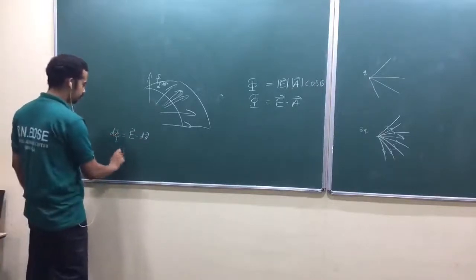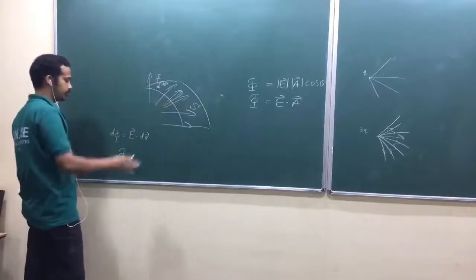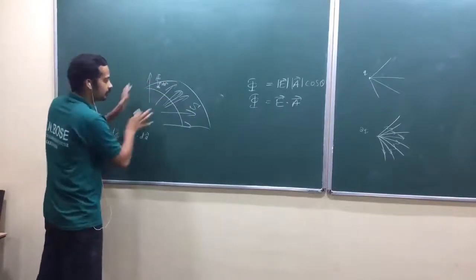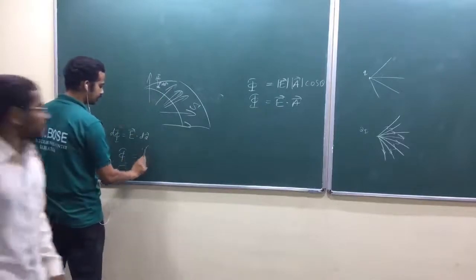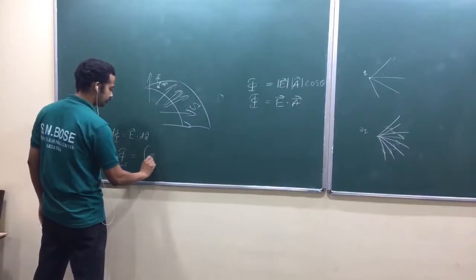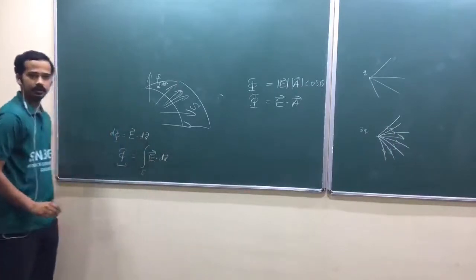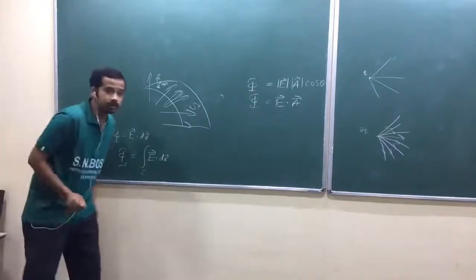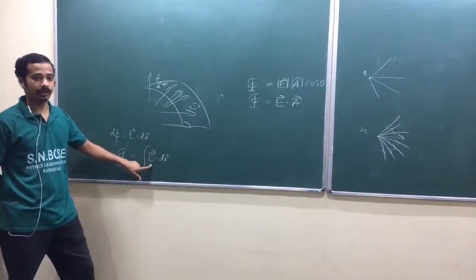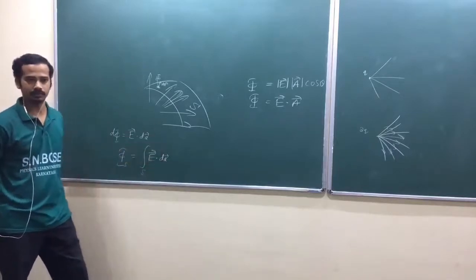So the total flux, over the surface, the flux of field lines passing through the surface, is nothing but the surface integral of E bar dot dA bar. Is that okay? Now throughout the surface, the electric field strength may change, and the angle between the electric field and the dA vector may change. So everything should be taken into account, isn't it?